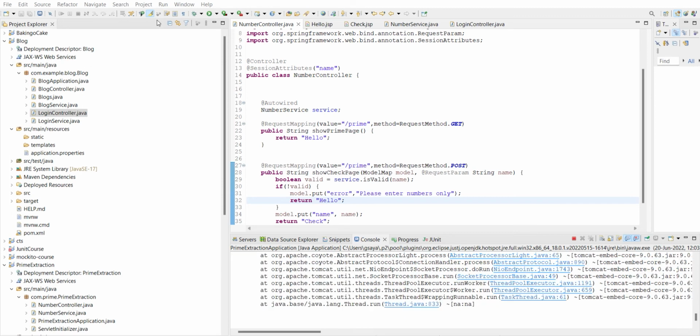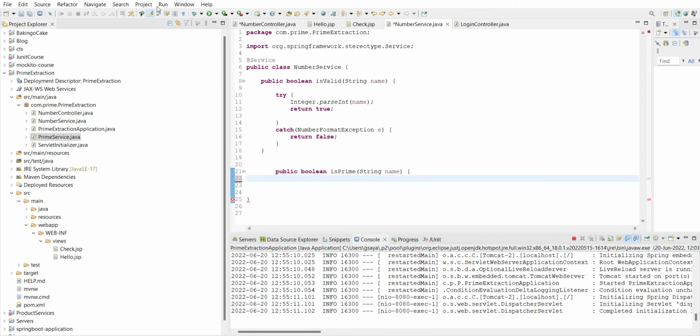There you go, guys. There you see the whitelabel error page because there's an error, that is NumberFormatException, because this triple v string cannot be transformed into an integer. So to avoid that,